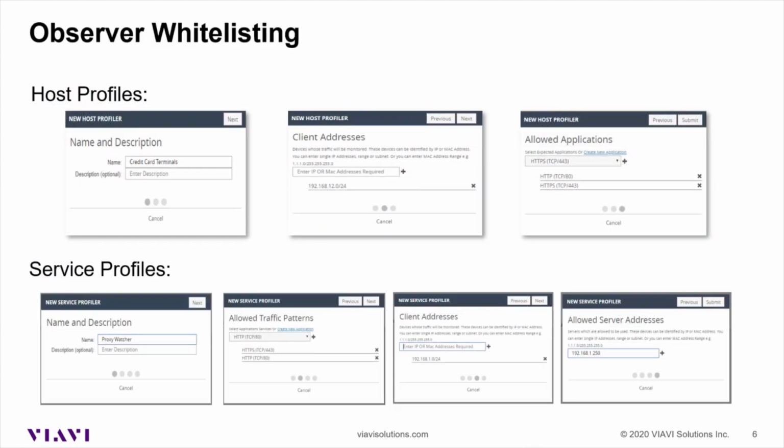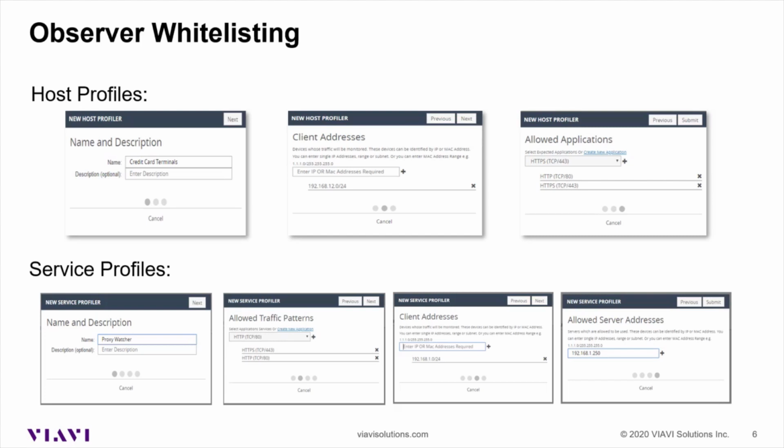Observer whitelisting host and service profiles help mitigate risk from changes in network and system behavior. Host profiles define a device or group of devices that communicate in a very predictable and often identical manner. Host profiles might be used to specify the network conversations we expect to see from POS systems, ATMs, patient monitors, IoT devices, wearables, printers, etc. For example, do we really want network printers functioning as web or FTP servers in our network?